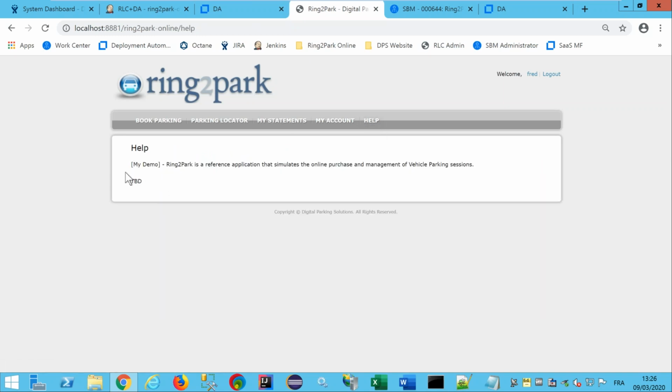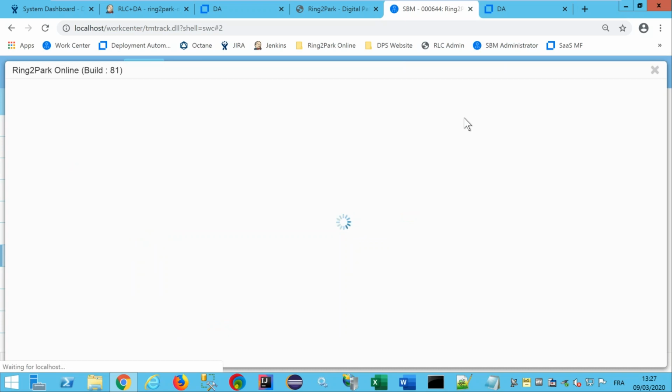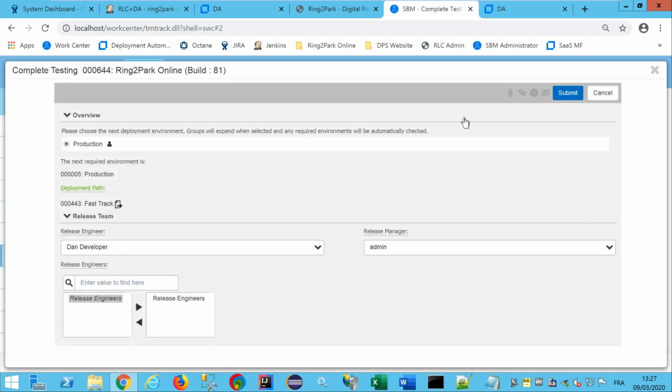So it means that the update was done correctly for this integration environment. So I can say here the tests are successfully completed. And now we are ready to deploy into the next environment.